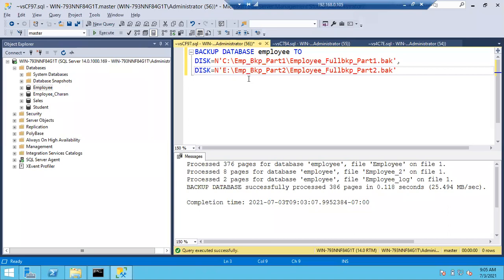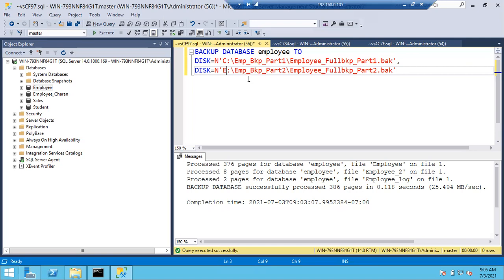In such a case, ask the Windows team to expand that 10 GB drive to at least 30 GB or 50 GB. That is one way. Or else ask the Windows team to add two more separate drives. Instead of adding two more drives, they will extend your drive to 50 GB. That is simple.